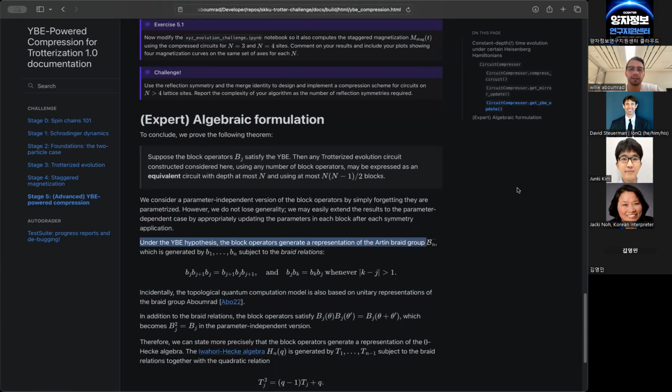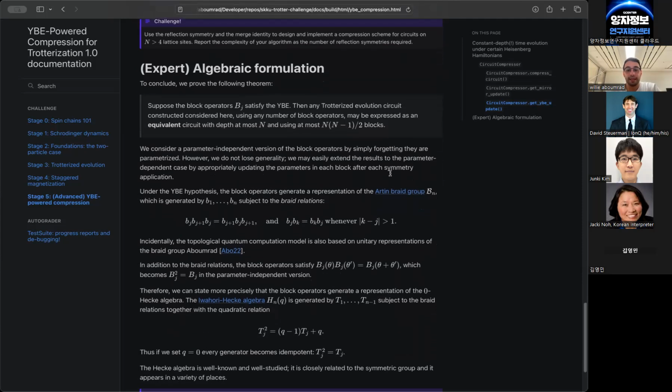The way to explain the number of blocks in the compressed circuit, and how many blocks any compression scheme like this would require, actually comes down to knowing something about the symmetric group, right? And that's just the group of